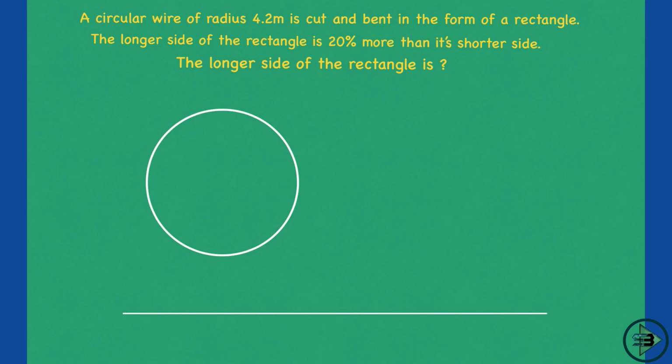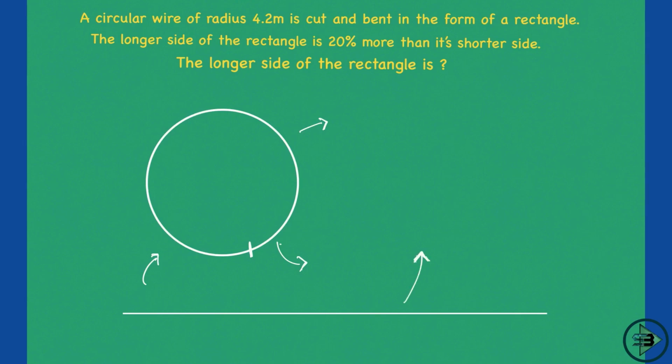So, if I just make it in the form of a circle, that is how it will look. It's just a wire that is being made to form a circle. Now it is further bent to form a rectangle. So I take out this wire from here, I just cut this from here, I make this wire again, and from this